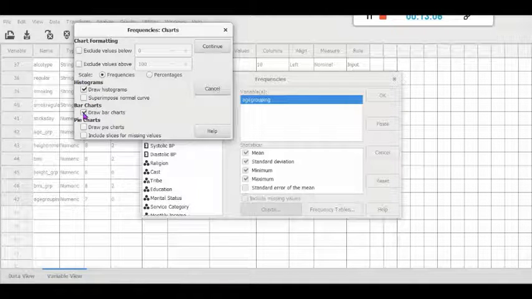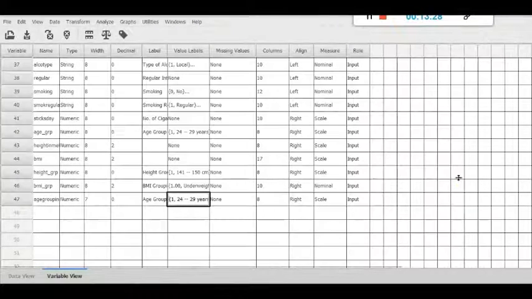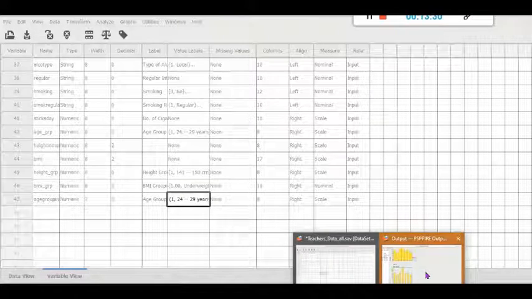Draw a bar chart and superimpose normal curve. Normal curve also can be drawn on the histograms or pie chart, any chart, whatever is available here as options, you can make it. Then continue, press OK.